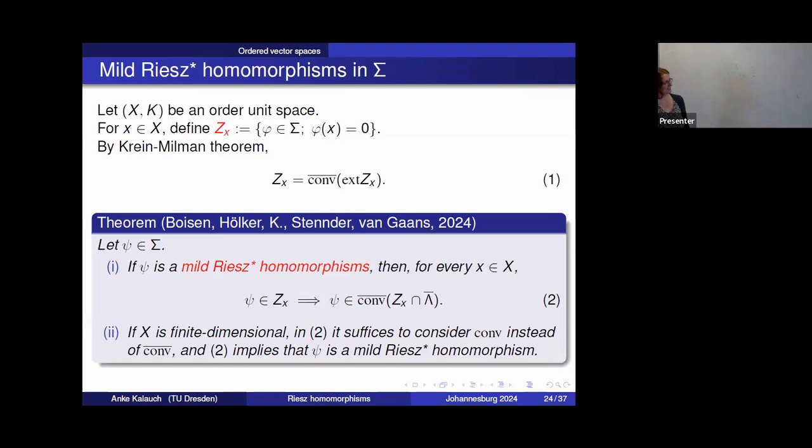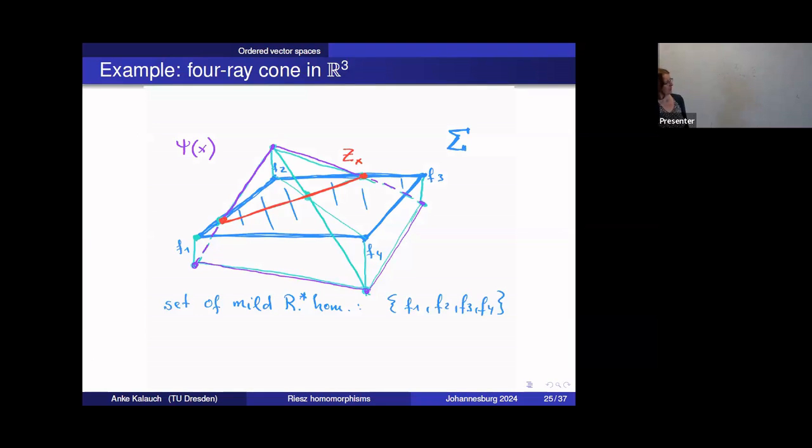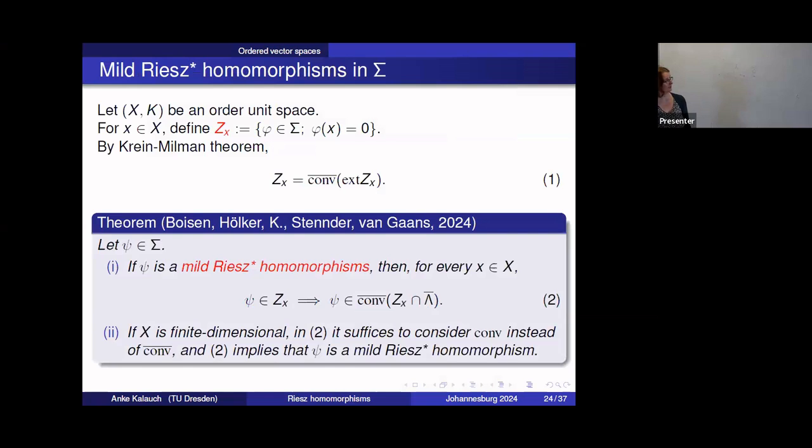And we have to use 0 sets of these elements. Let me show you a picture. Such an element, when you map it into your space of continuous functions, so to say, you can consider the element as affine functions on the sigma. So the violet one is an affine function on sigma. And for this element, you look at the 0 set and intersect it with the extreme points and take convex hull and closure. This is